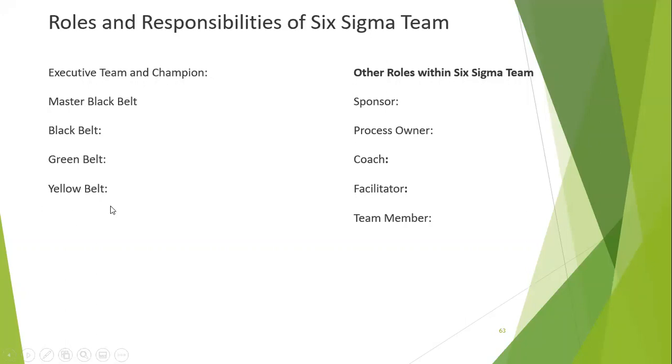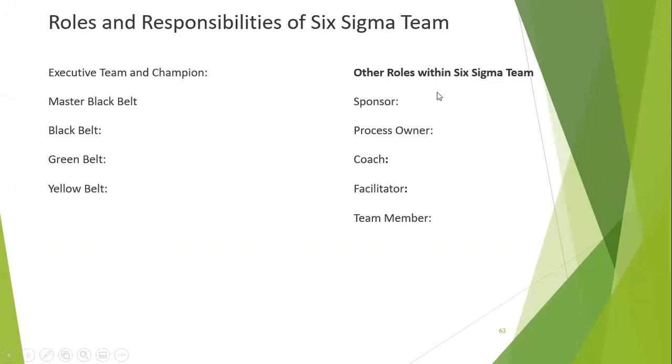See, whenever we are starting any project, we give the Six Sigma methodology to the yellow belt, and then they will understand what to do. They will start the process. And then the green belt, they will become a team member. The yellow belts will be team members, and the green belt will be a facilitator. They will organize the team members, and the black belt will be the coach, and the master black belt will be the process owner, and whoever is sponsoring that particular project will become the sponsor.